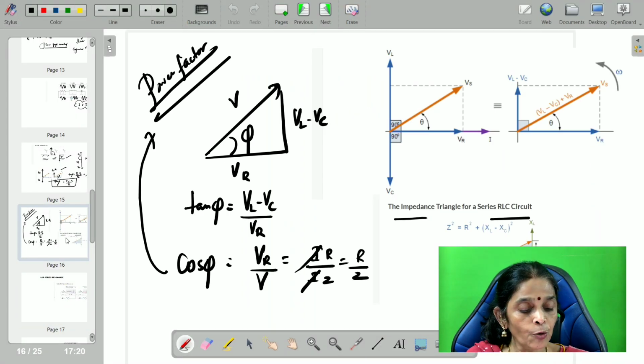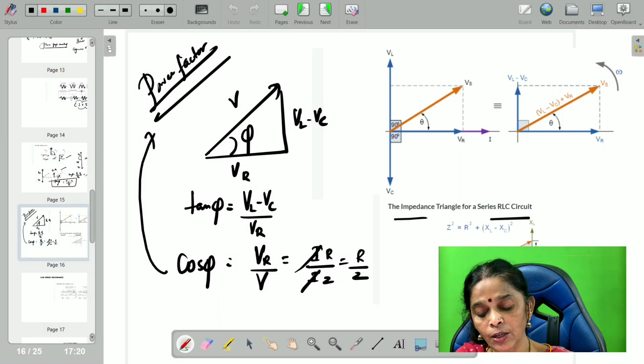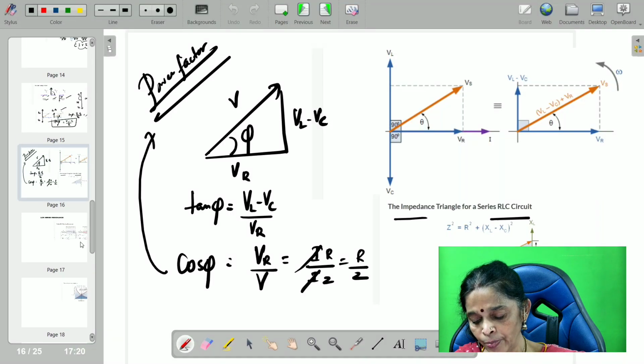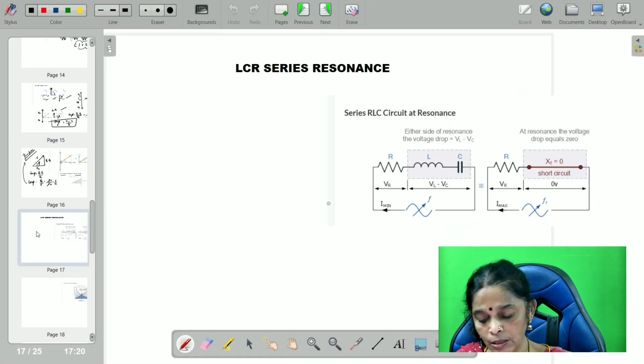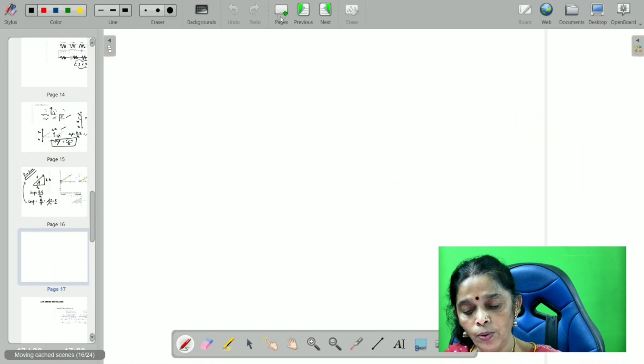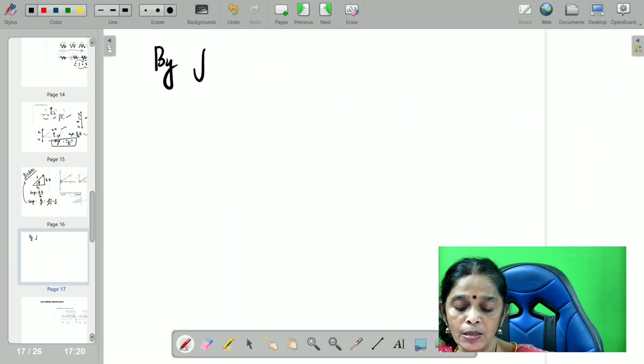So for that, to find out impedance, V is equal to, according to parallelogram vectors, you have to find out the impedance, right? So I am going to find out the impedance according to parallelogram law of vectors. So then we will go for this. Okay, so now by parallelogram law of vectors,